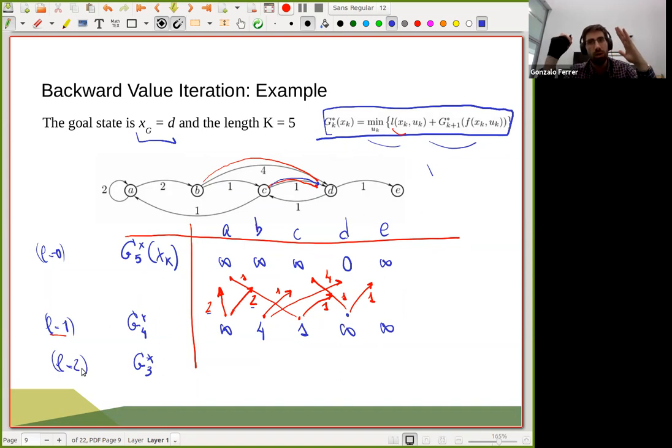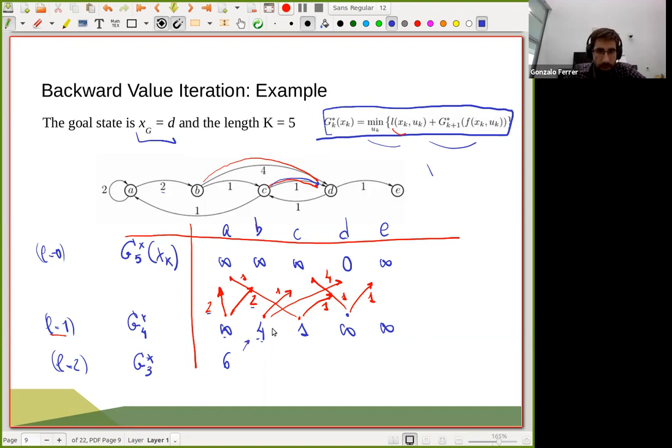So now we are looking for all the optimal cost to go values of plans of length 2. That means 2 steps, just going through two nodes. So what happens here? From A, we can reach A again, or we can reach B. And actually, we want to reach B, right? So it's going to be a cost of 2 plus the cost to go function that we had before. So it's going to be 6. I'm just going to indicate it this way.